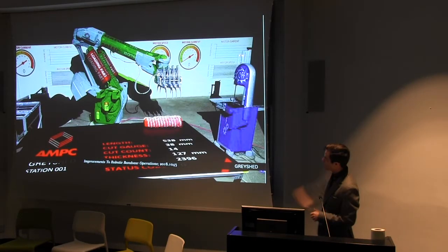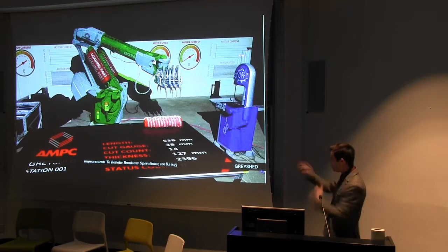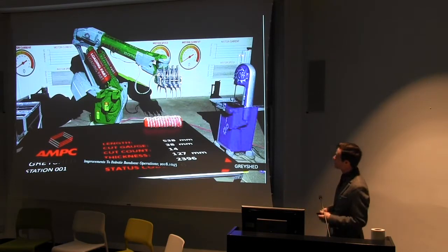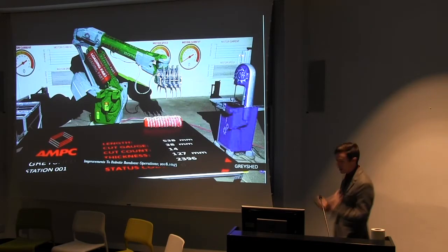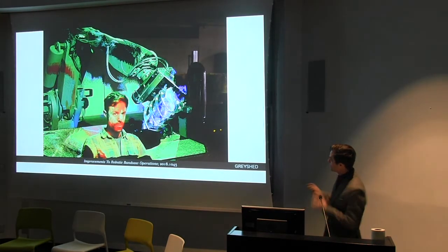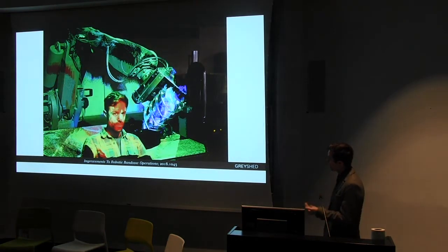The robot has all this information projected onto it as to what it's doing at all times, so that if you're walking by to collaborate with it, you can know, it's about to make a cut, but it's doing this thing upside down, I should hit the emergency stop. And how can providing very obvious visual cues allow us to actually work with these incredibly complex machines? This is a similar process, calibrating a thermal camera with a projector, with a 3D scanner,